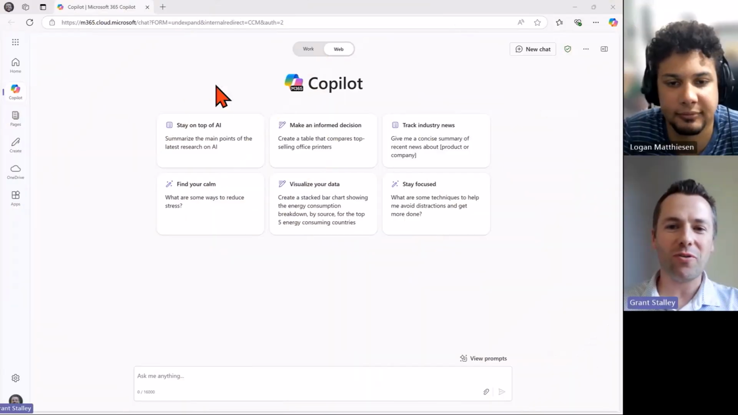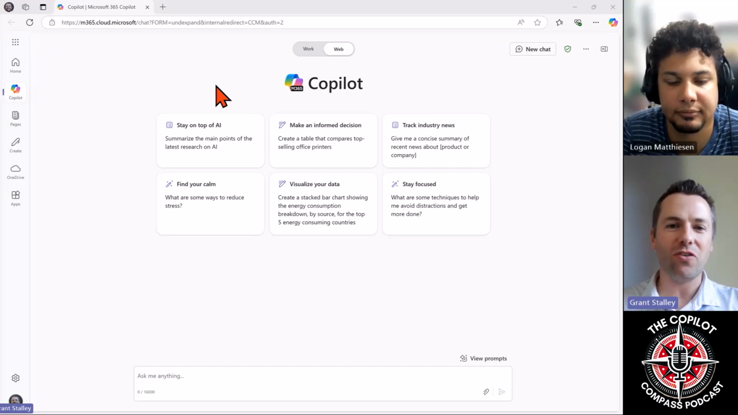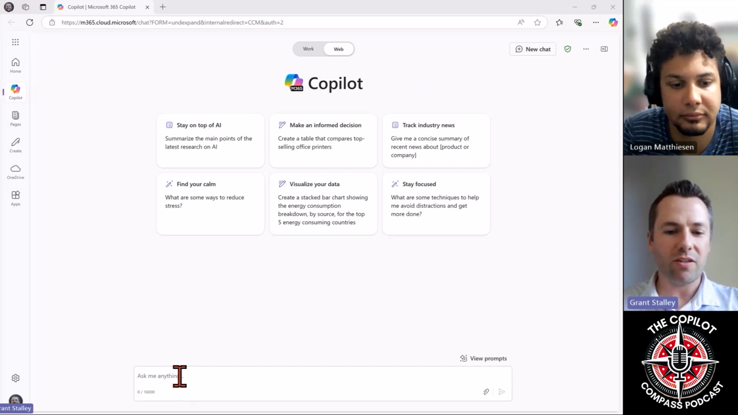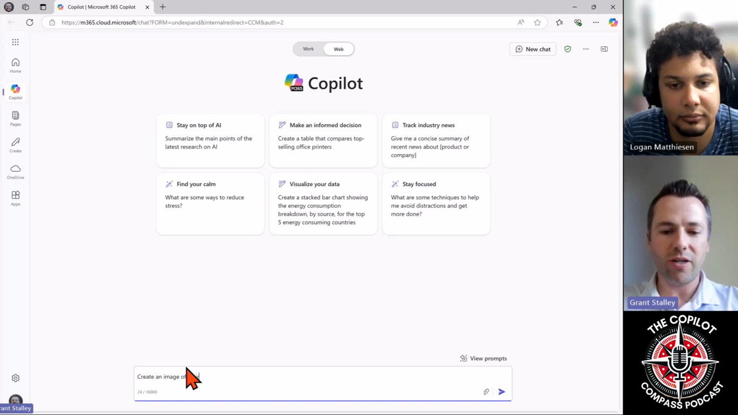All right, so our first demo today is going to be creating images with Copilot. Now, you've got lots of ways to interact with Copilot we've shown in our previous episodes, but today I'm just here in my Edge browser. I've got Copilot up, and I'm going to ask it simply to create an image of a pirate looking through